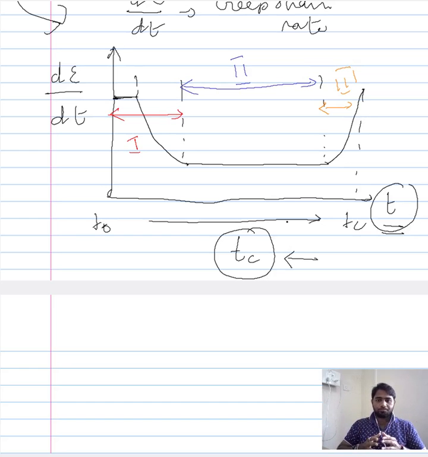Now you know the strain the material exhibits during the time Tc. Since you have already known this, you want to probe further and talk about the rate of strain, that is the slope of the curve. When you want to do that, now that you have already found a definite time period, it is also permissible for us to consider a different factor in